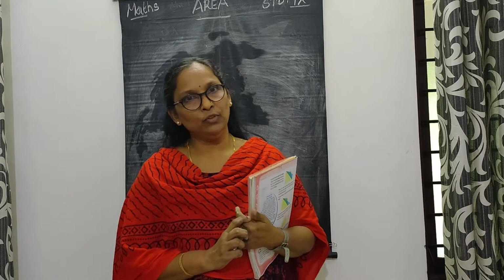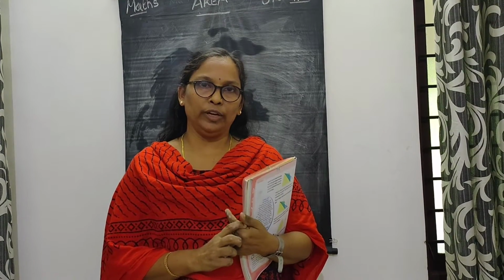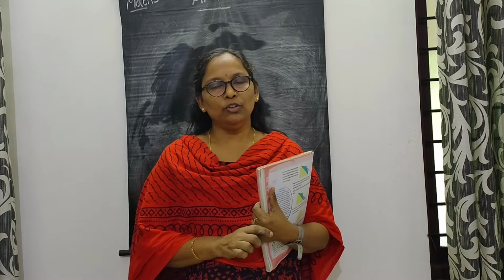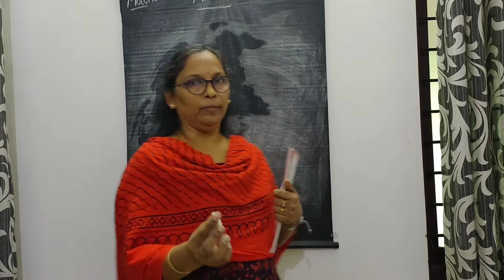What is a regular pentagon? Pentagon means it has 5 sides. Since it is regular means all the 5 sides are equal. So regular pentagon means a polygon with 5 equal sides. Okay. So we can draw a regular pentagon first. We can take any distance. Now I am taking the length of the side as 5 cm. So first you draw a line of length 5 cm.